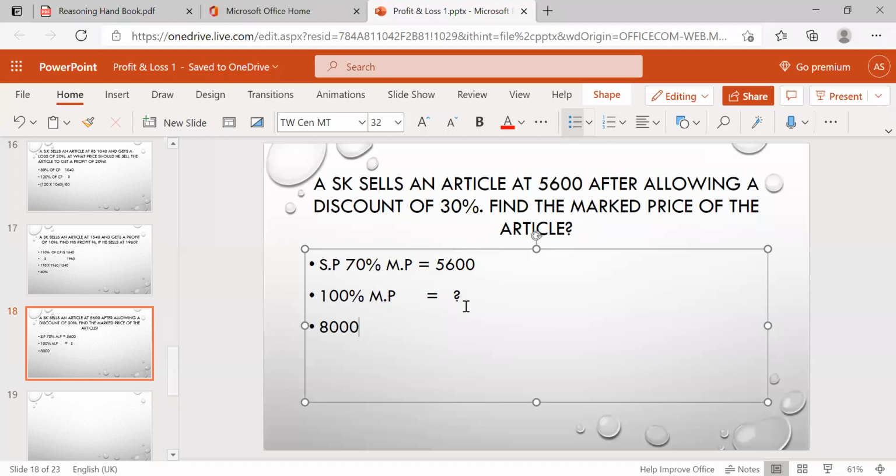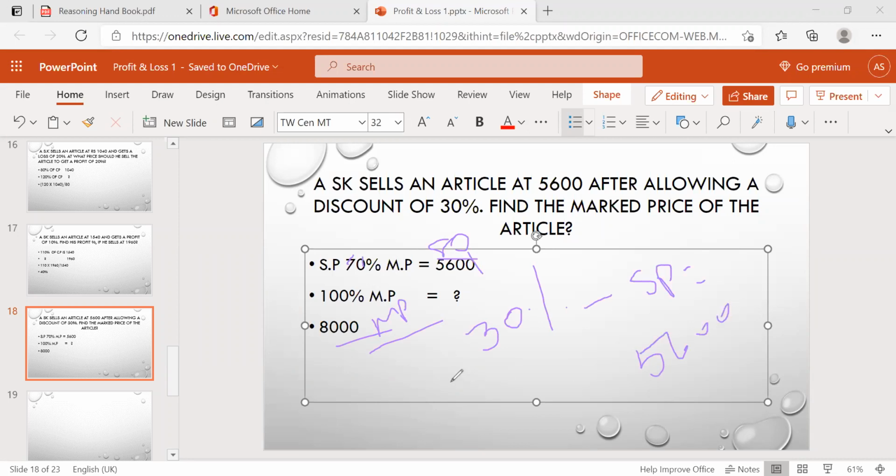So guys, I think you people will calculate easily, so that's the reason I'm directly giving the answer here. Only calculate. See, 0 gets cancelled and 7 ones are 7, 7 80s. For your better understanding, 7 ones are 7, 7 80s. 80 into 100 is nothing but 8,000. So 8,000 is the marked price, the discount is 30%, and the selling price is 5,600. So what's the discount here?